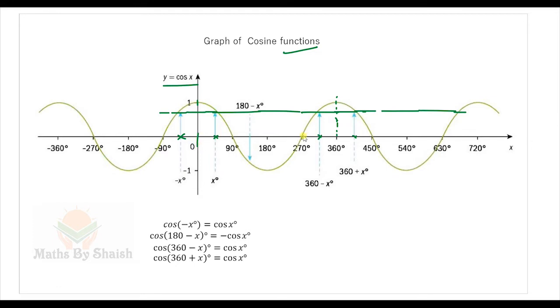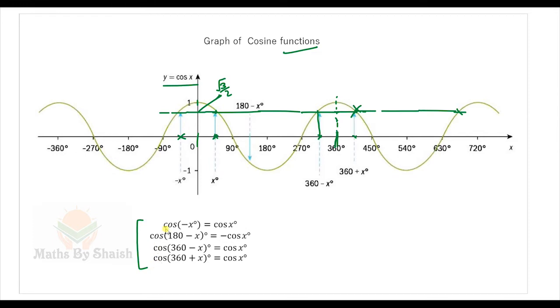So the question will be, if it comes like how many solutions will lie between 0 and 360 for which cos is root 3 by 2. We can see that one value of angle will be this, another will be this one. There are so many other values of course, but they are not in the range 0 to 360 degrees, so we will leave them. The first angle we will always get with the help of a calculator, but for other angles we will use these properties to get the next value.